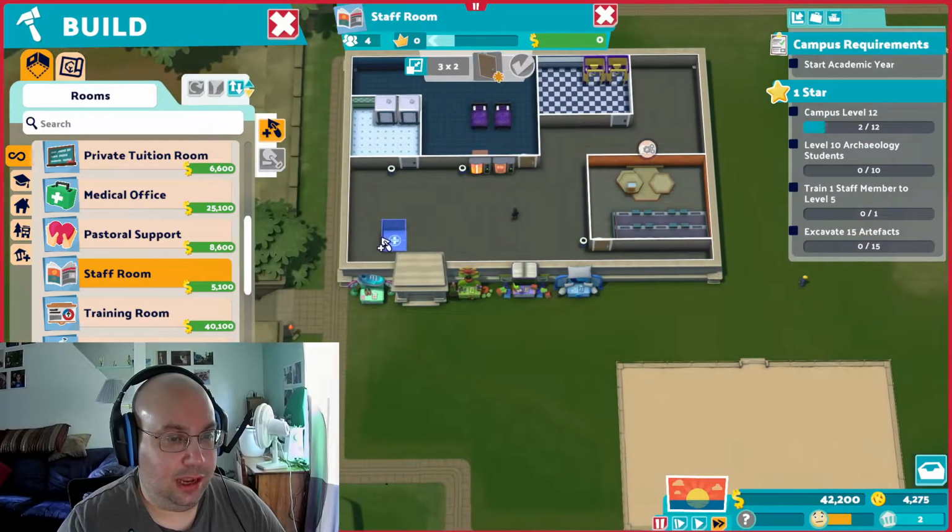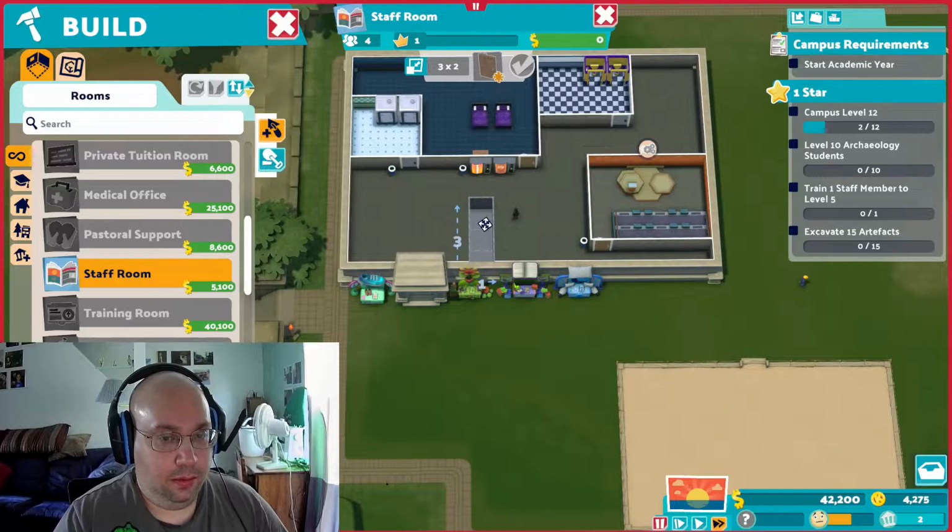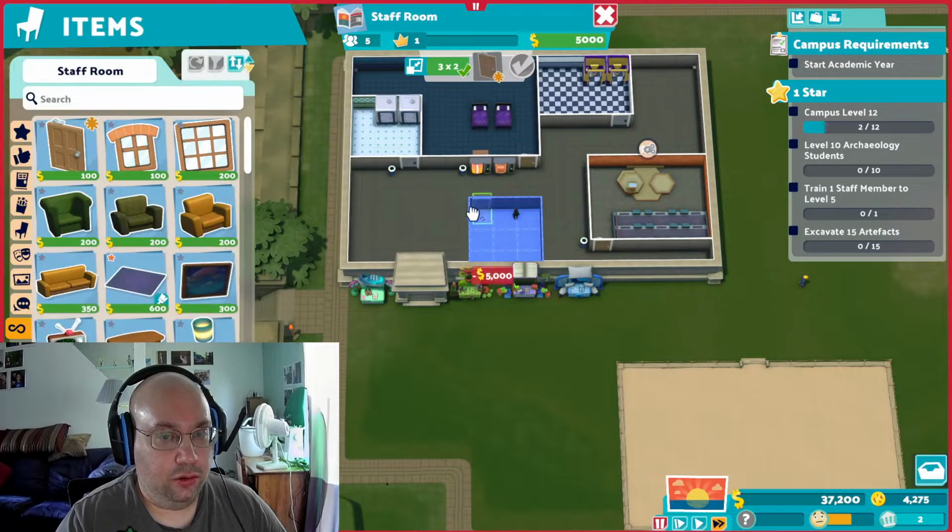So we do want a staff room. So let's put the staff room... Let's put it here. Let's make it a 3x3. And there's still 2 blocks along each side. So we're going to put a door...